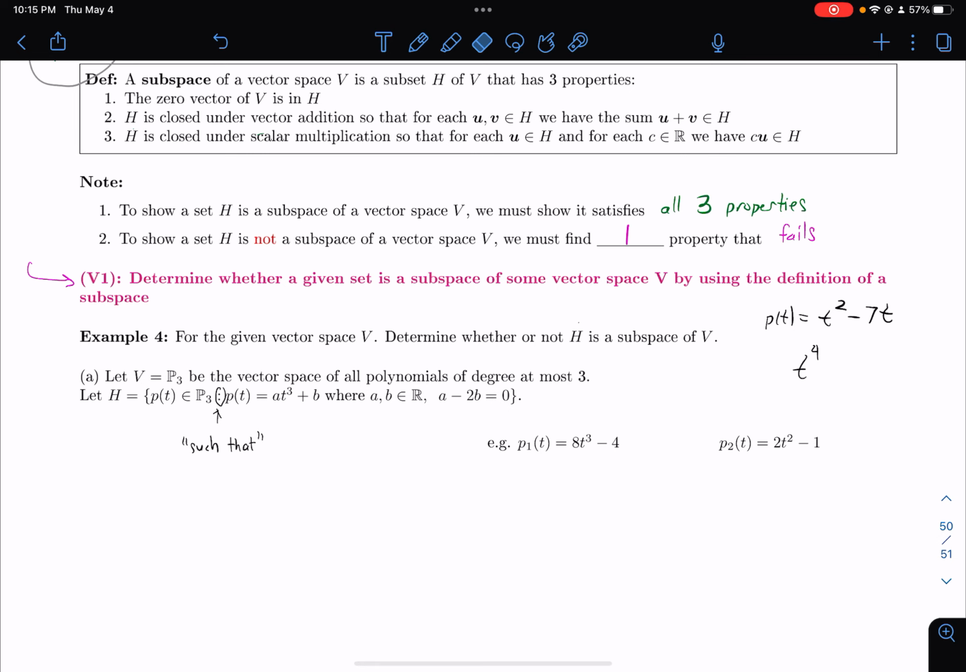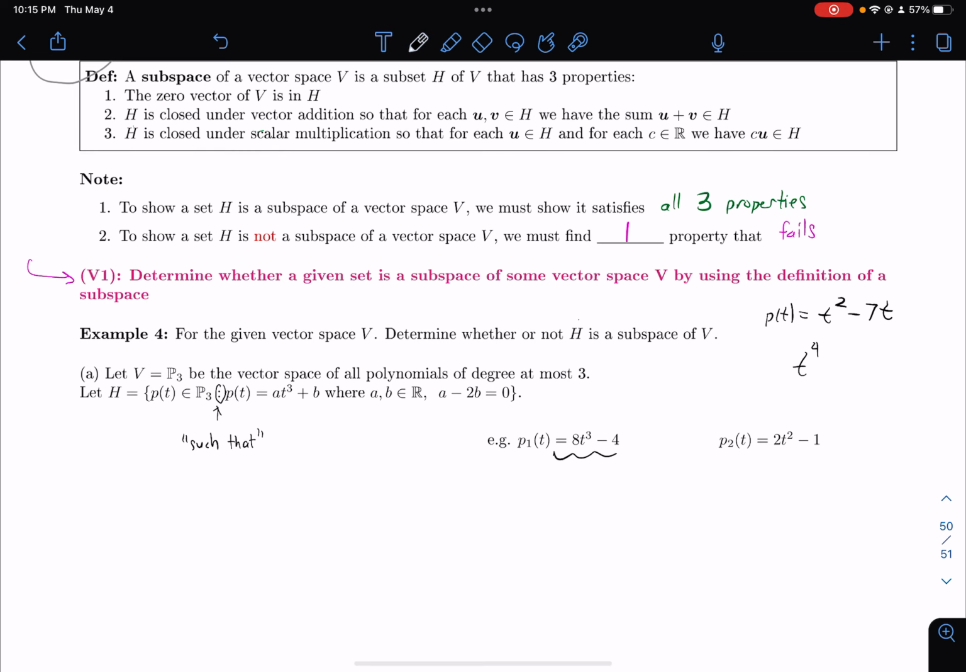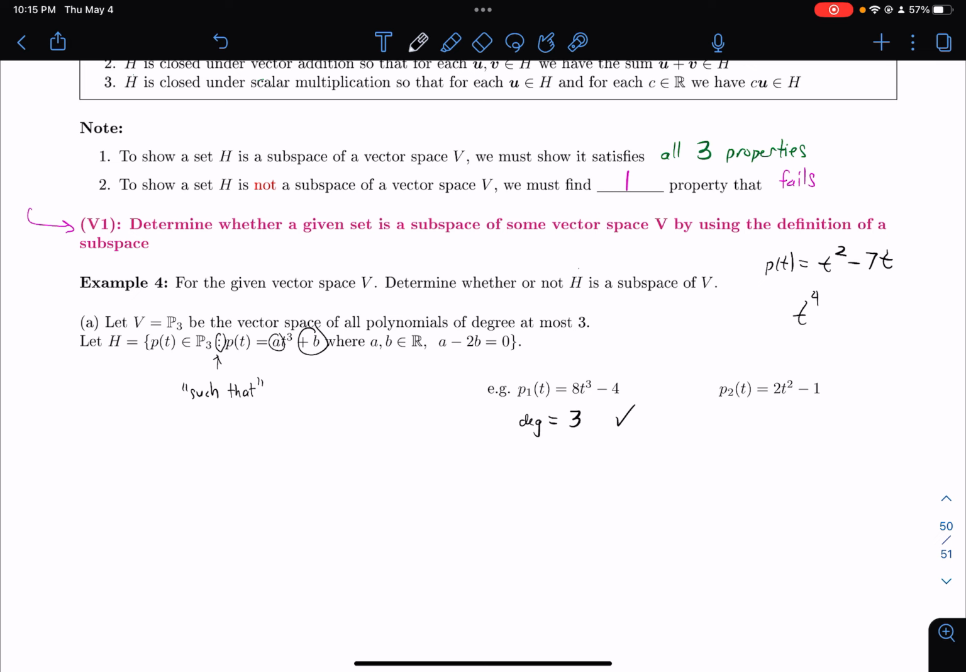So here's one polynomial, p1. So first off, it's got the right degree. The degree is 3, so check mark. That's not bigger than 3, so that's good. And the other thing I need to check is, does it have the right form? Well, yeah, it does look like something t cubed and then some number. It's totally fine for that other number, the b value, to be negative. So it's got the right form. Cool. And the other thing is, I got to check, does it satisfy this condition, that a minus 2b equals 0? Well, the a is 8, and then minus 2b,